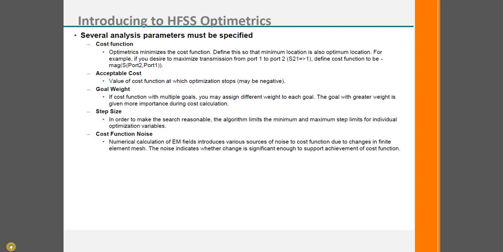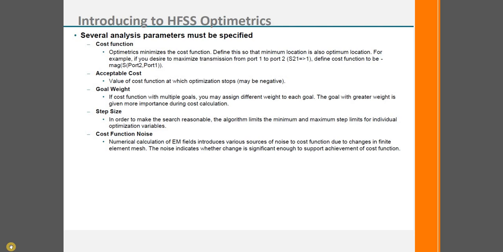If there are several algorithms, we will go back to it, and the algorithm limits the minimum and maximum of the individual optimization variables that you can define. So you can define a step size, and you can define the variable maximum and minimum, the limitation of the variable,